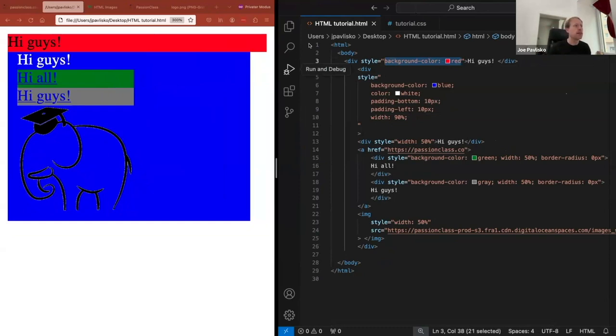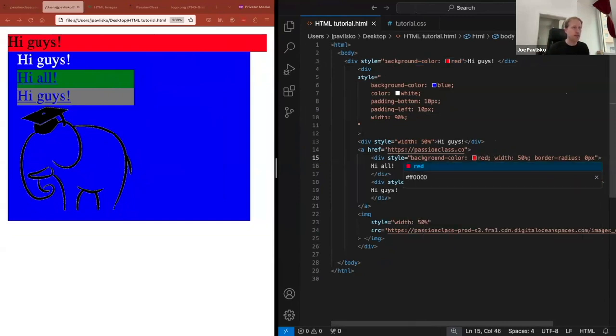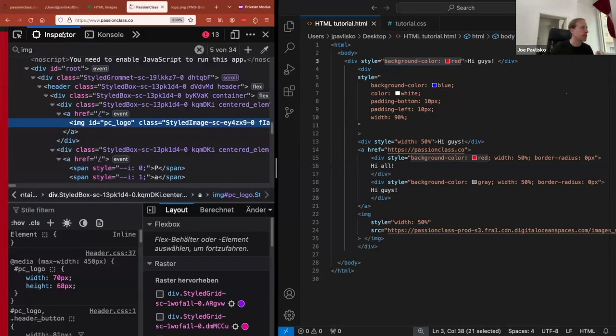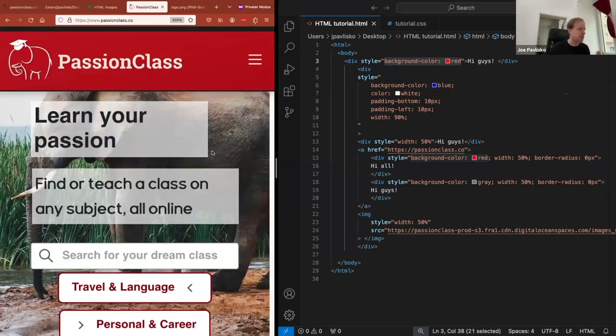So for example, let's change this green background to a red background. Yeah, let's just do that. So now we have two elements with a red background. Rather than writing red background once, and again, that's just one specific thing, but if you wanted to, for example, let me go to Passion Class. On this Passion Class webpage,